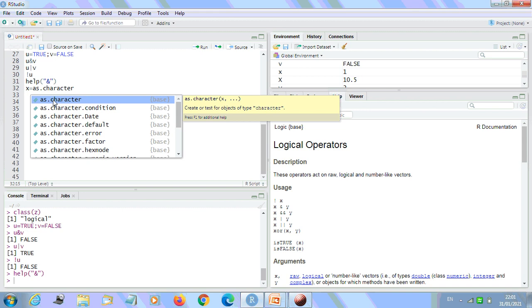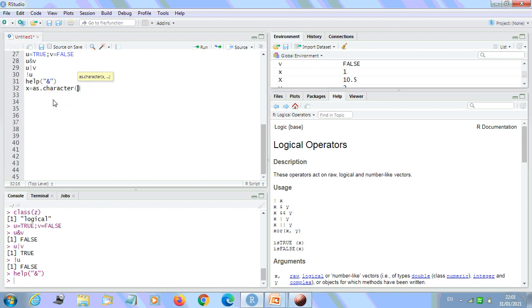So I have this one. I'm going to choose this one itself. Okay, fine. So I will write 3.14. Okay, so let me run it. So it will get executed, and now we want to print the value of x. Now see, x comes in double quotes. Double quotes means this 3.14 got converted into a character. If you want to check the class of x, it will become character right now.